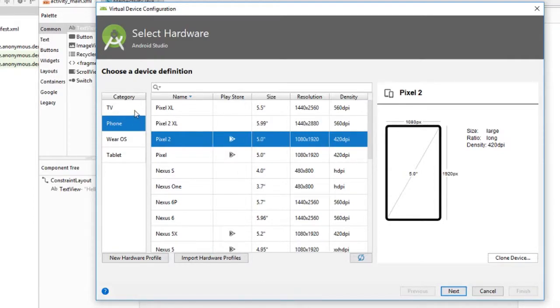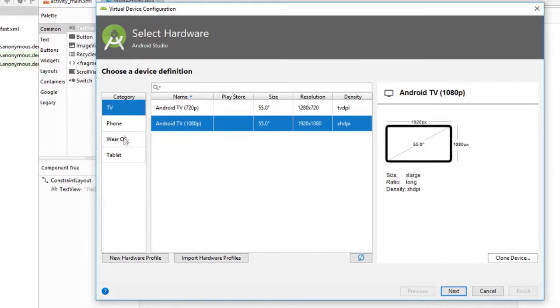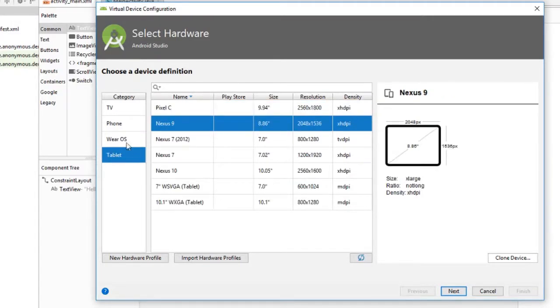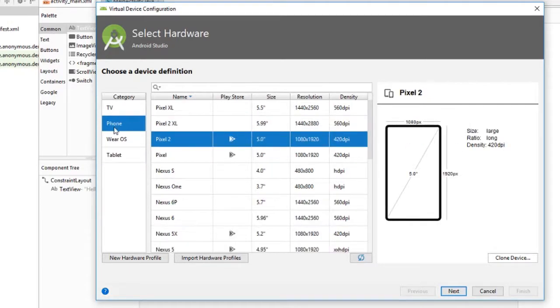Here you can see there are different categories other than phone. There is TV, then Wear OS, which is the operating system for smartwatches, and then there's tablet. I'm going to stick with phone, and I have selected Pixel 2. Here you can see the screen size, resolution and density all listed, and then I'm going to click on next,